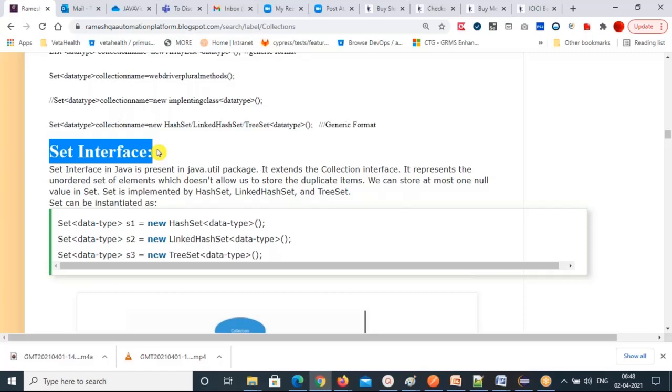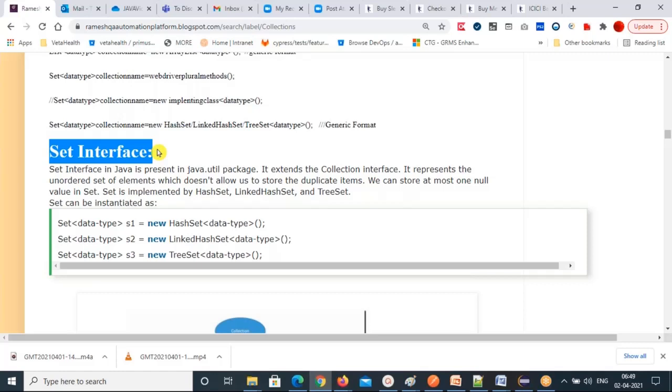It represents the unordered set of elements which doesn't allow us to store duplicate elements. So basically List allows duplicate elements. List is an ordered collection, whereas Set is an unordered collection which doesn't allow duplicate elements. That's the difference between List and Set.